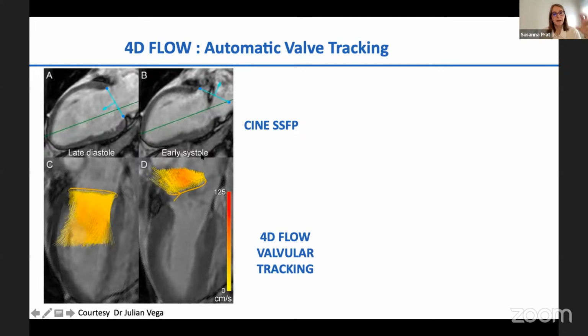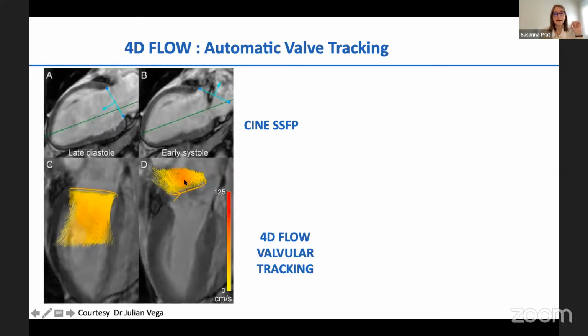And the idea is, instead of doing this manually, where we need to analyze a lot of frames one by one, there's dedicated software that can now follow and do the automatic valve tracking. And in this case, you can see here in systole this eccentric flow of the mitral regurgitation. And when they applied the 4D flow images,